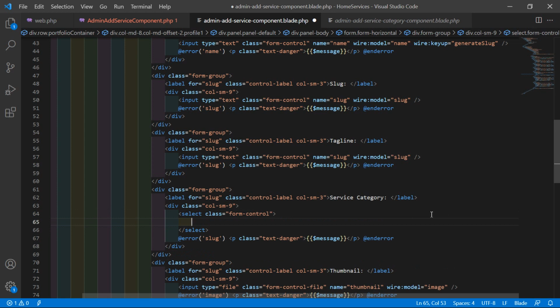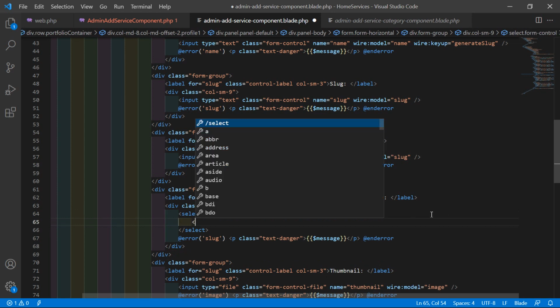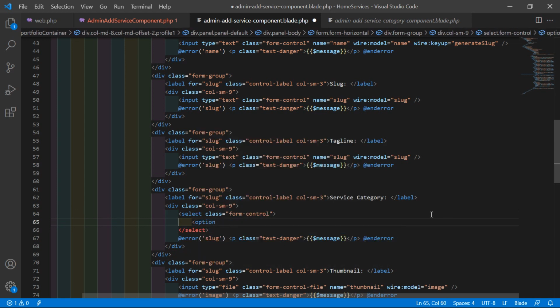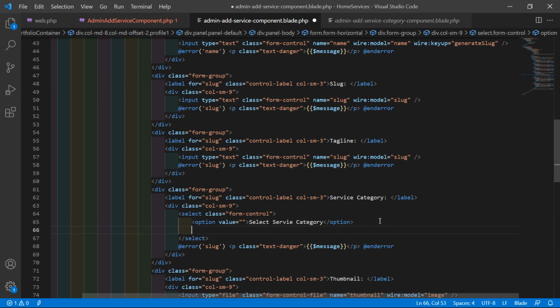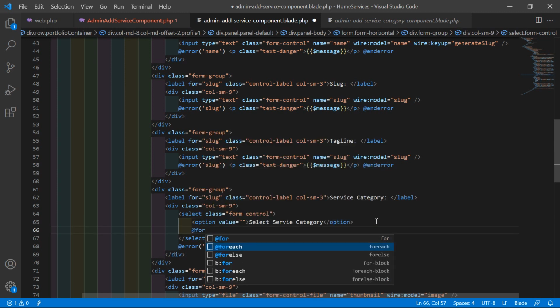All right, and inside this just pass here the option value, and then select service category. Okay, and after this just add here the foreach,